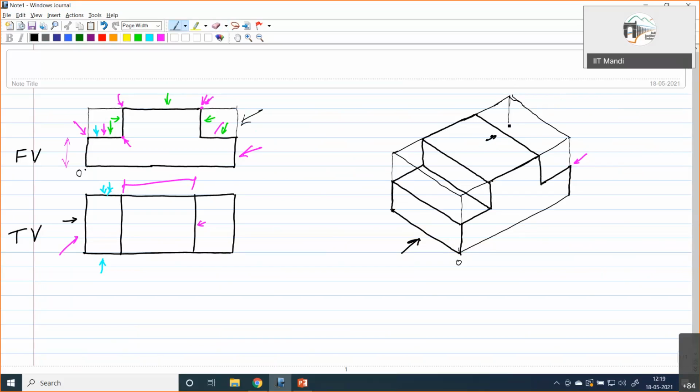Okay, and up to there an edge from this location will go. And this horizontal line from here. So like this we complete it. Hidden part we have not shown, and also this upper part of the box is no more needed.